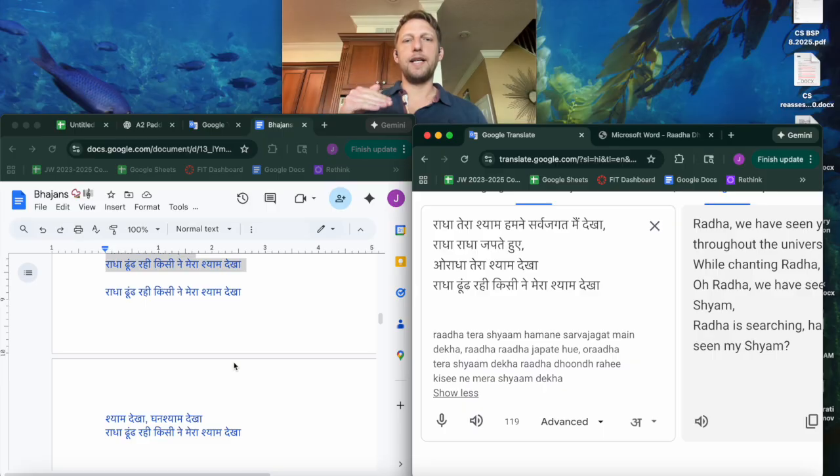And then it might just end dum bum bum bum bum. That's the drums that I'm imitating. Or you might say Radha Dhund Rahi kisi ne mera, we're slowing down, Shyam dekha. And then when the song's clearly over, you'll repeat Krishna Kanhaiya Lal ki jai. And now you've sung the bhajan Radha Dhund Rahi.